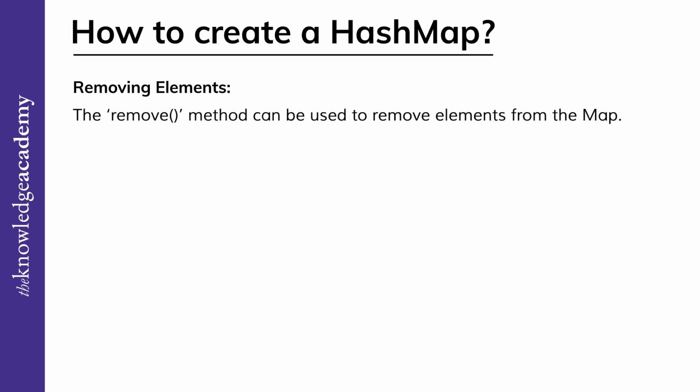The remove method can be used to remove elements from the map. In this method, the key value is taken and it removes the mapping for a key. Here's an example of using the remove method in Java. In this example, we create a new hash map and add three key value pairs to it, say Alice, Bob,